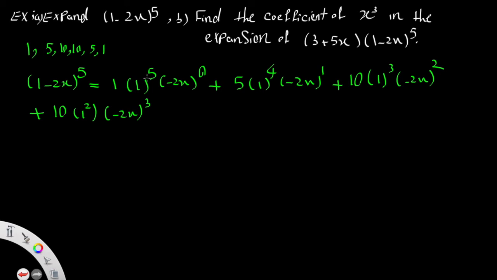As you see, one is moving in descending order and the other in ascending order. Plus 5, 1 to the power of 1, (−2x) to the power of 4, and plus the last one, 1 to the power of 0, (−2x) to the power of 5, which simplifies to 1 − 10x +